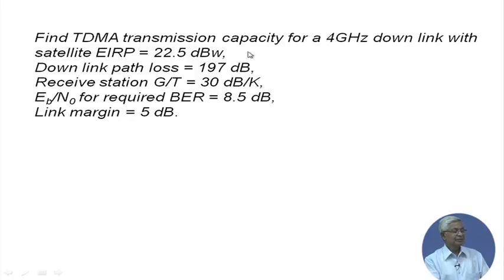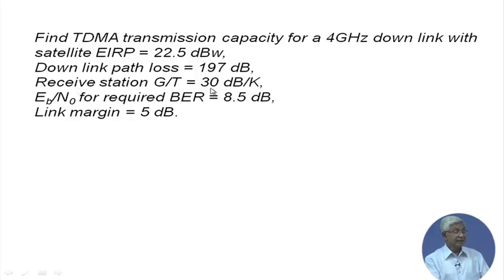Find the TDMA transmission rate capacity for a 4 gigahertz downlink with a satellite EIRP of 22.5 dBW. Downlink path loss is 197 dB. As I just now said, don't take this number as it is, but look at the meaning of this number, 197 dB and 4 gigahertz downlink. You remember the path loss calculation, that is in terms of lambda and the distance. Roughly the distance will be more than 36,000 kilometers here. You can calculate that. So, for 4 gigahertz generally we get 197 dB at the downlink, and the receive G by